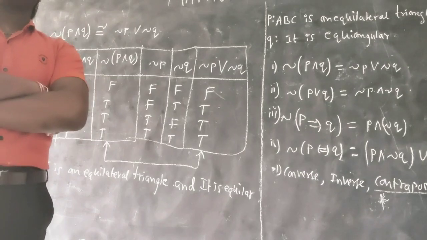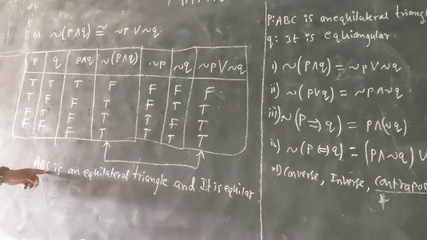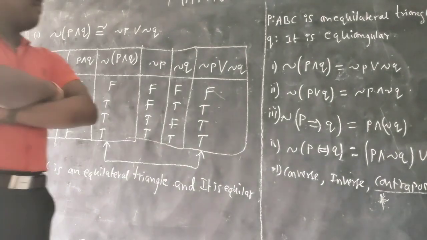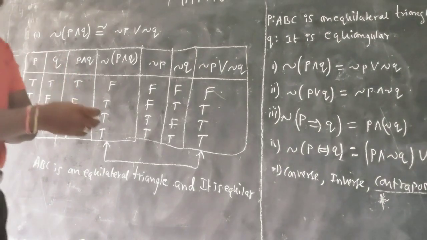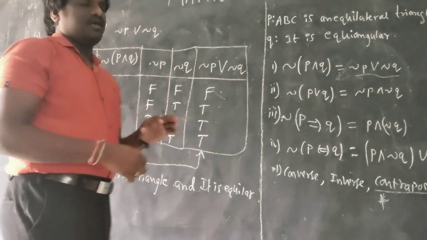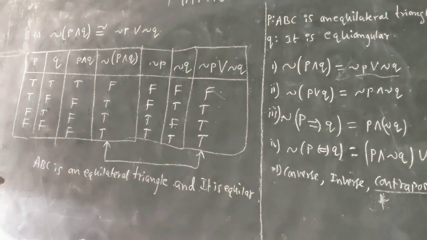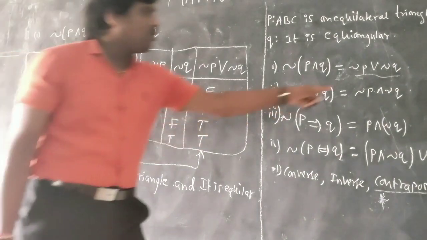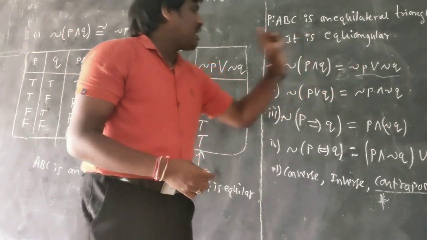Now somebody asks you, what is the inverse of this statement? If I want to find the inverse of this compound statement, what logic do I apply? I will go for this part, not directly. If they ask, you have to go for this. What is it saying here? Negation P or negation Q.